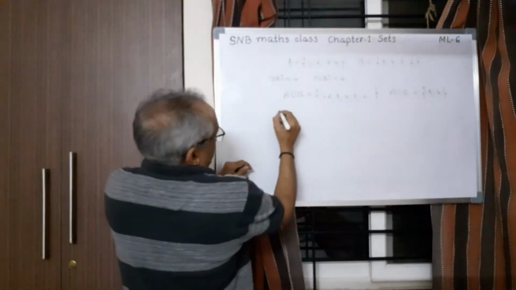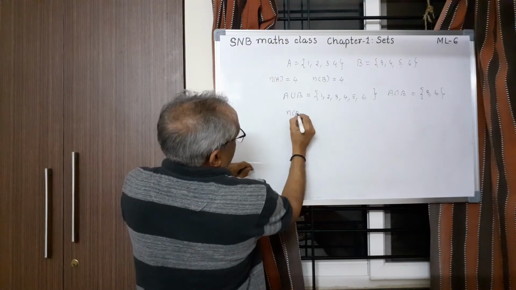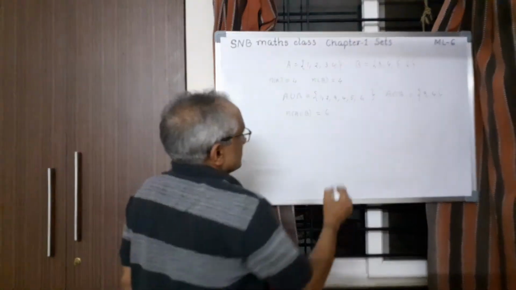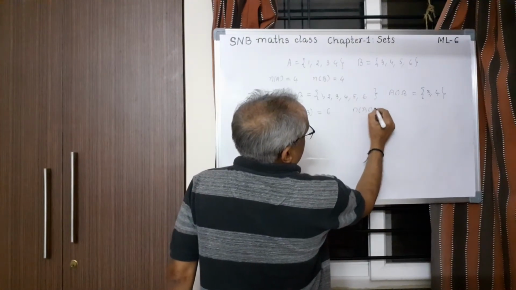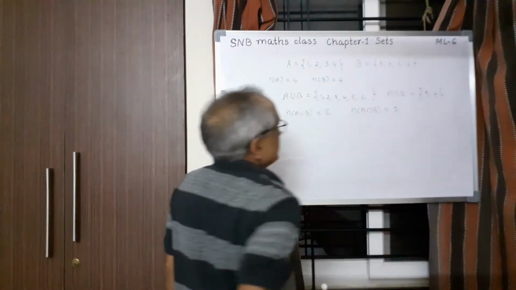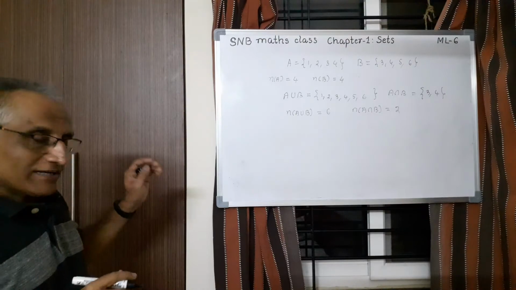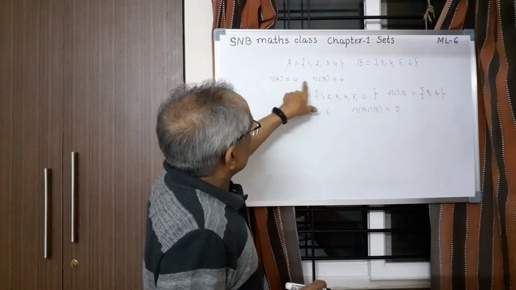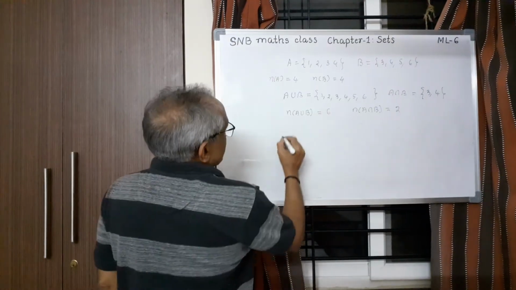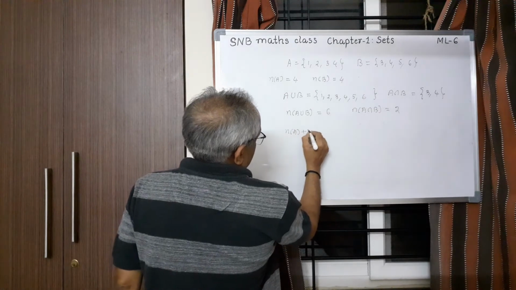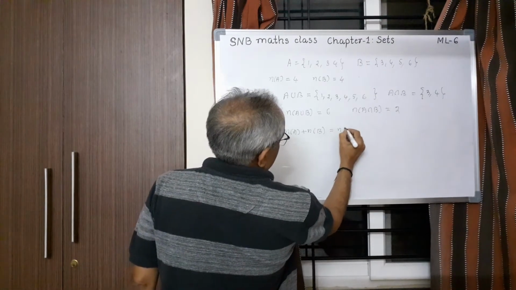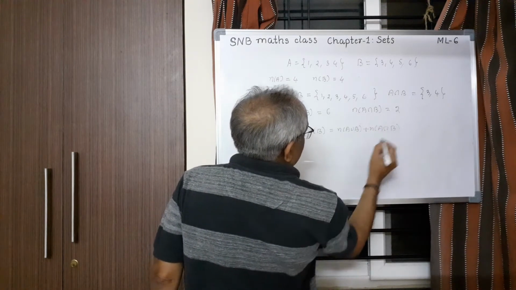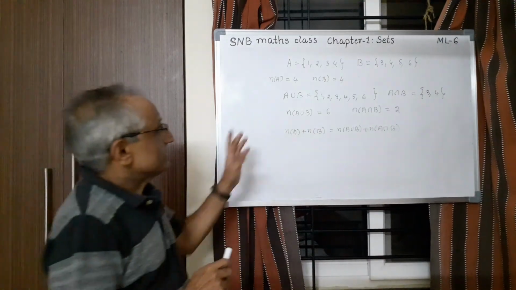So now there is a connection. See, number of A union B is 6. Totally 6 elements are there. Number of A intersection B is 2. Now the relation is this. I will verify with one more example, then you will be convinced. 6 plus 2 is 8. 4 plus 4 is also 8. Therefore, definitely you can say number of A plus number of B is the same as number of A union B plus number of A intersection B. Actually, this is the rule. For any two given sets, this is a rule.